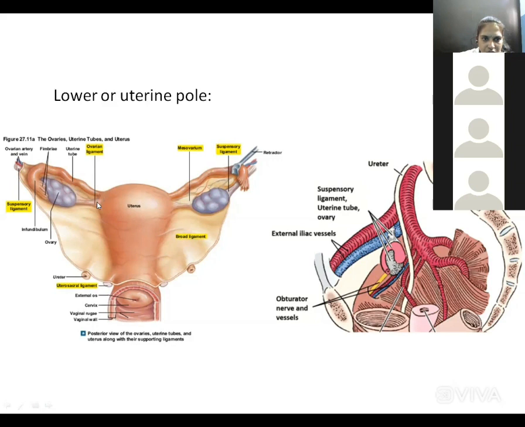Now, the relation over here is that it is attached posterior-inferior. As it is a posterior view of the uterus, we are looking from the posterior side towards the ovary. So it is posterior-inferior to the attachment of the uterine tube. This is the attachment of the ovarian ligament. Now, the lower pole is related with the pelvic floor. These are the muscles of the pelvic floor, also called the pelvic diaphragm, which is supporting the pelvic structures from downside. So inferiorly, it is related with the pelvic floor.